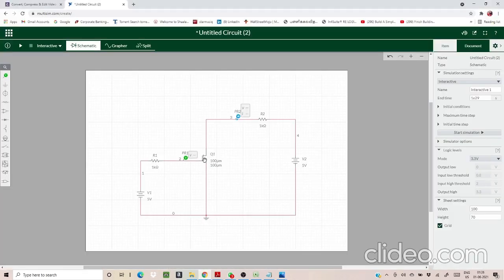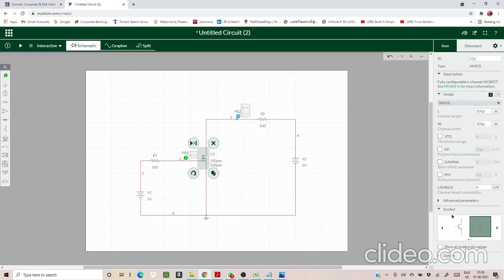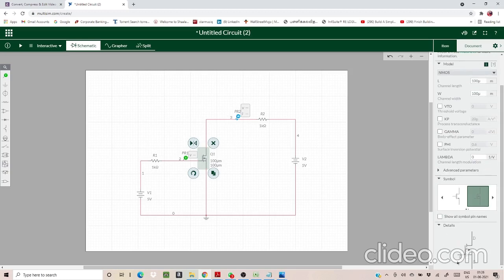Here, just press near the MOSFET. If you press there, you can note down the symbol. Below that, you can note down the details. If you click that, you can note down the GDS. Why I'm telling you this: you are going to note down ID, VGS, VDS. You must be aware of where the voltage is or where the current is. This is near your gate, so this is your VGS, near the gate and source. And this voltage is set here. This is called VDS because it is set near the drain and the source. And the current flow here is called ID, because it is the drain current.